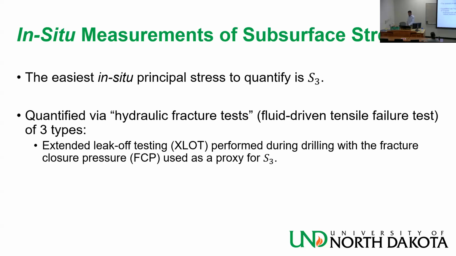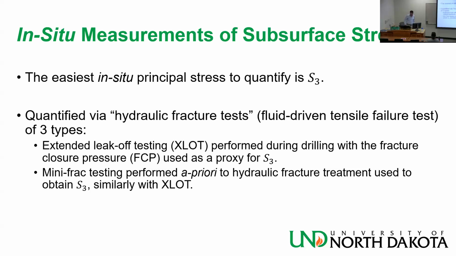Generally, they do this kind of test in between. After you run the casing, you stop, and then you basically increase the pressure of the fluid in the well by pumping more and more fluid, and you monitor how the pressure increases. And then you see the pressure trend doing some weird stuff. And from that, you try to decipher what it tells you for S3. And another way is a mini frac test